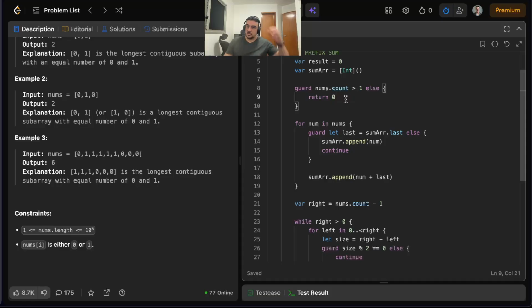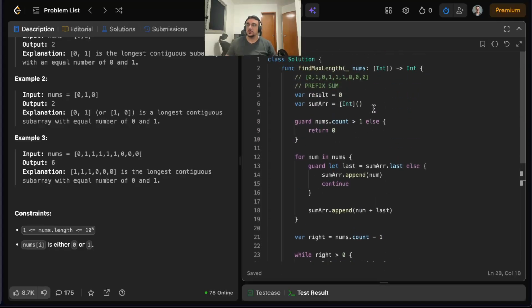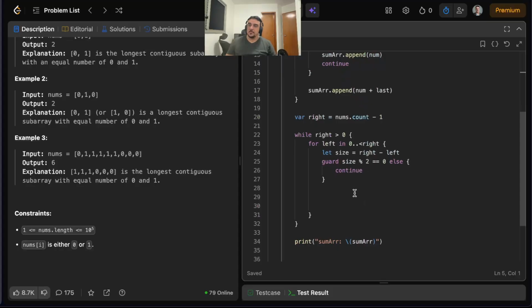Here we can return zero. So if it is, what we can do here, and we don't need the result variable. So if it is even, what we can do here, we can basically check for the sum, right? So the left sum would be